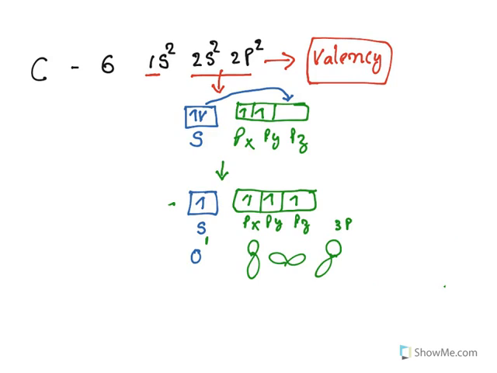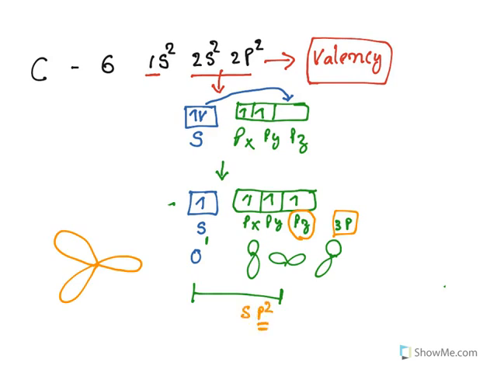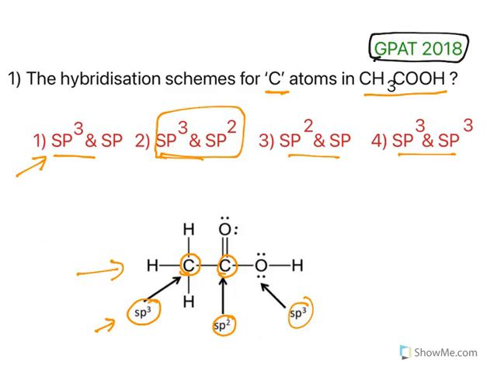See, sp2 hybridization means 1s and 2p orbitals are participating in hybridization, and sp2 will be trigonal planar. But sp2 means one more p is left over. You have 3 p orbitals, but you are using only 2 p orbitals in sp2. One p orbital is left as such. That p orbital remains without hybridization, and that is what forms a pi bond. So this is what happens here.